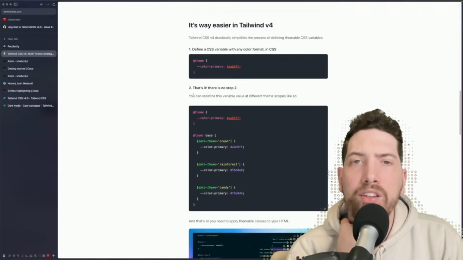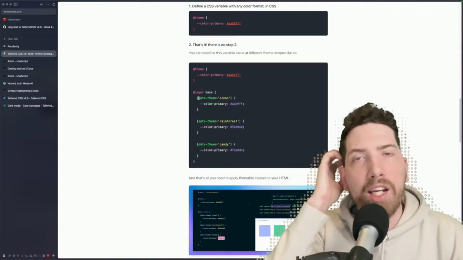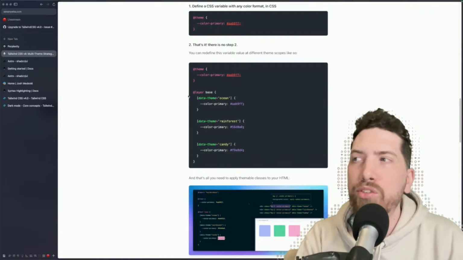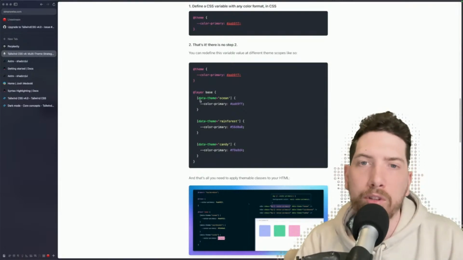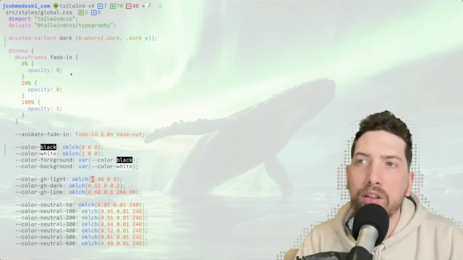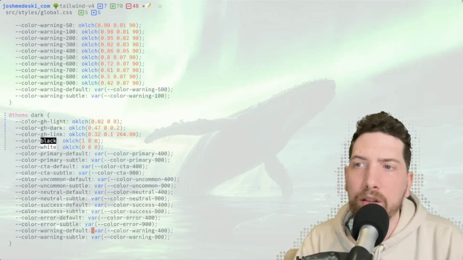You can redefine this variable value in different theme scopes like so. Really? So I have to change the behavior. I can do some basic swap and find and replace, so I'm not that worried about it. So in the theme, we're assigning it. And then on the layer-based data theme,